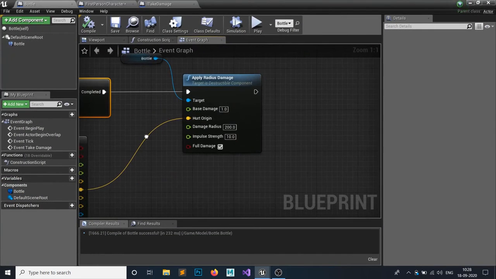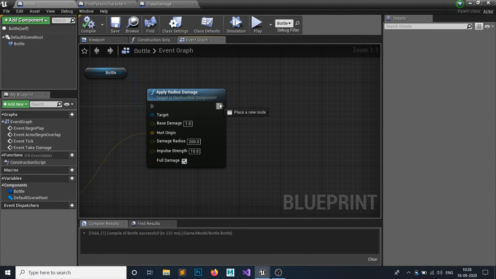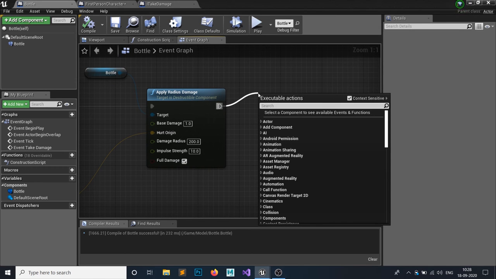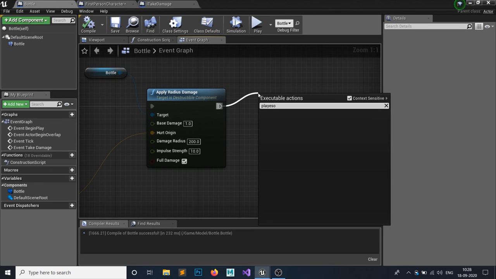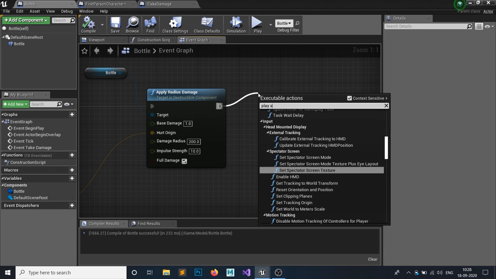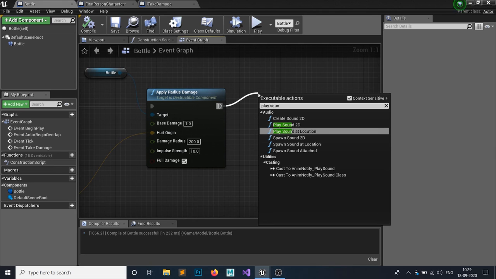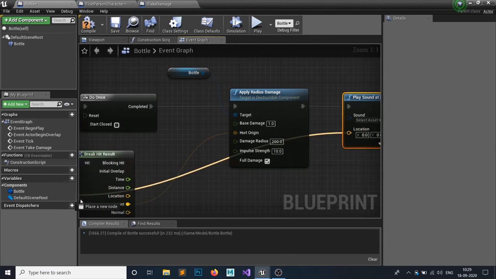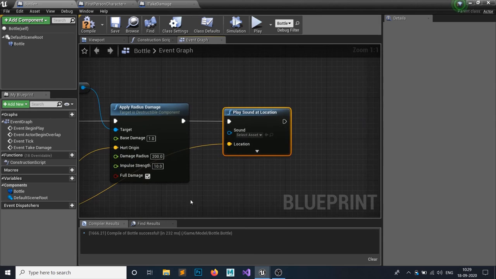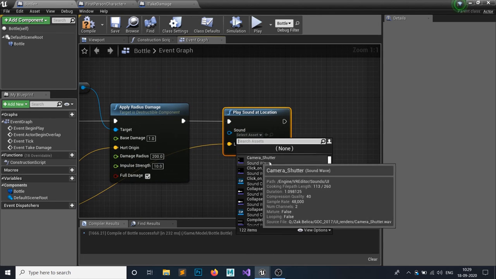After that, if you want to apply a sound, let's say a bottle breaking sound, we're going to play a sound 2D. Actually, play a sound at location, and the location would obviously be your hurt origin, and the sound would be whatever your wave file is.